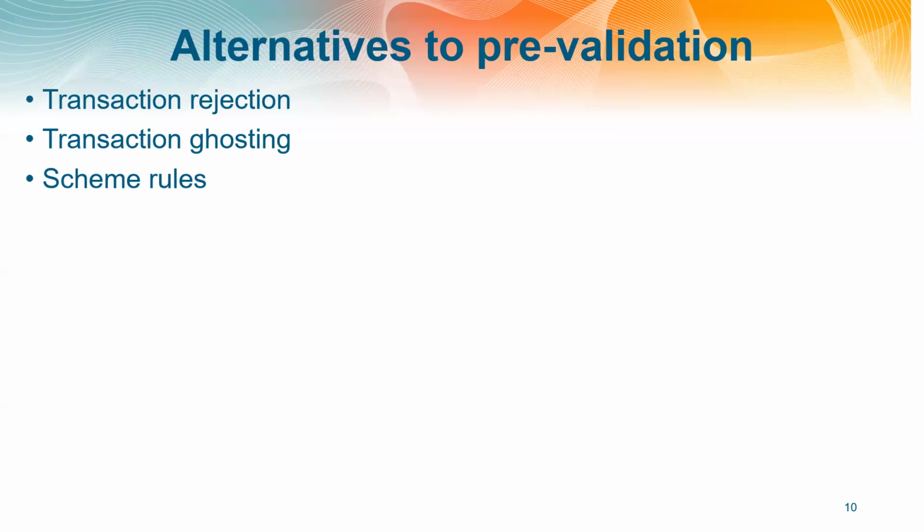It's obviously cheaper and more effective to have that process automated so that people have to respond. Now, transaction rejection is a possibility. The problem with it is that anything which introduces an additional action which all of the parties have to execute introduces a possibility for error. And in particular,